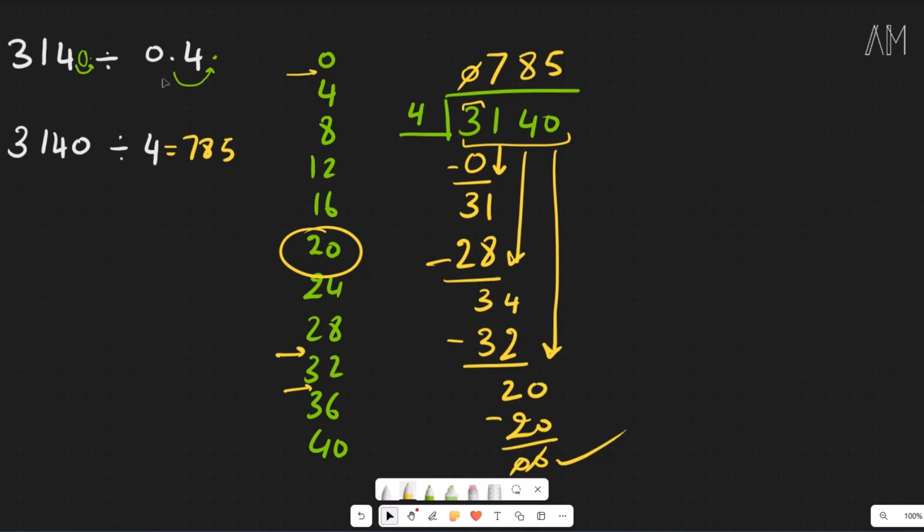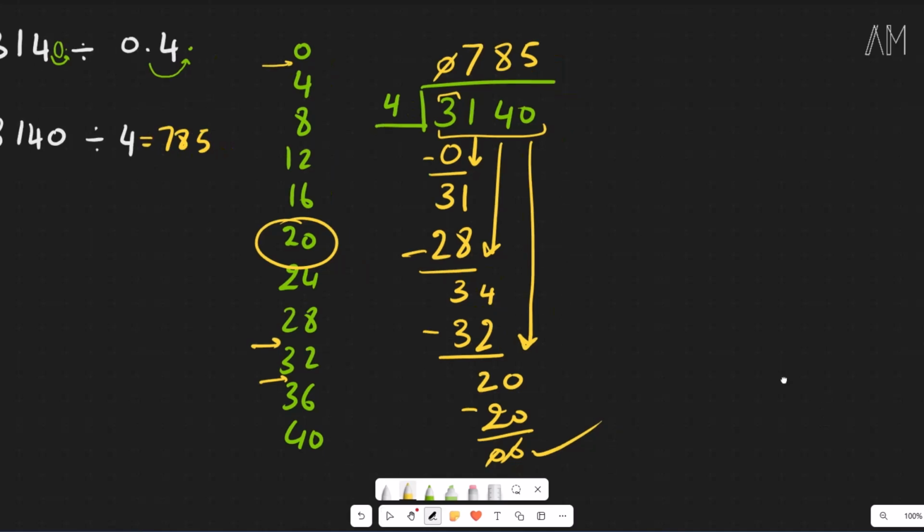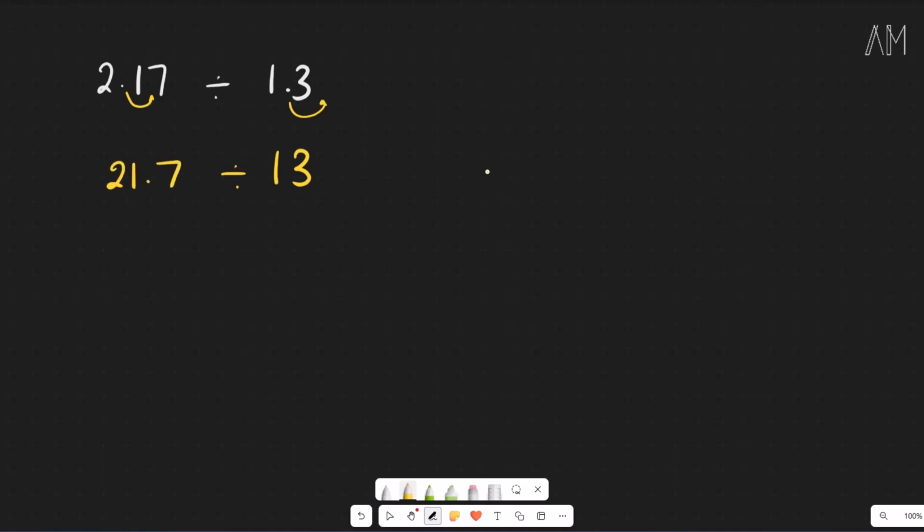In case we have a decimal divisor, we cannot do it. We need to fix it and adjust the dividend with it to make sure that I don't have a decimal divisor anymore. Let's take another example. Let's say I have 2.17 divided by 1.3. So here I have to move the decimal point one step to fix this problem to make it 13. There you go, a whole number. But I have to do also the same thing for the dividend. Otherwise, the answer will be wrong. It will become 21.7. And there we go. I will do the division. But in this case, instead of 2.17 divided by 1.3, it will be